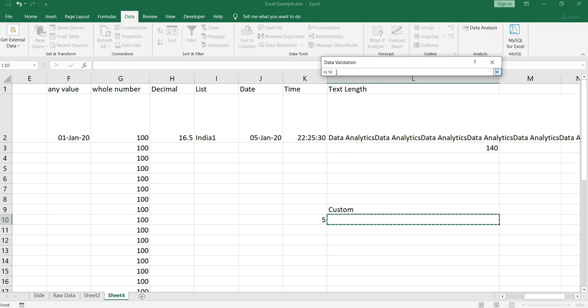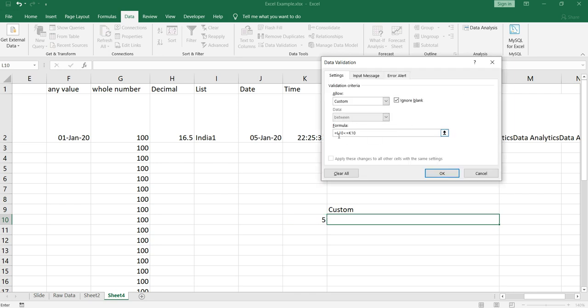equal to L10. This L10 cell which I'm using should be less than equal to, I can write 5 here. So what it will do is that it will take the data point or the value in this cell till the length of 5. But instead of writing 5 in the formula as a hard coded thing, I'll use this cell reference. So this means that my L10 should be less than K10.